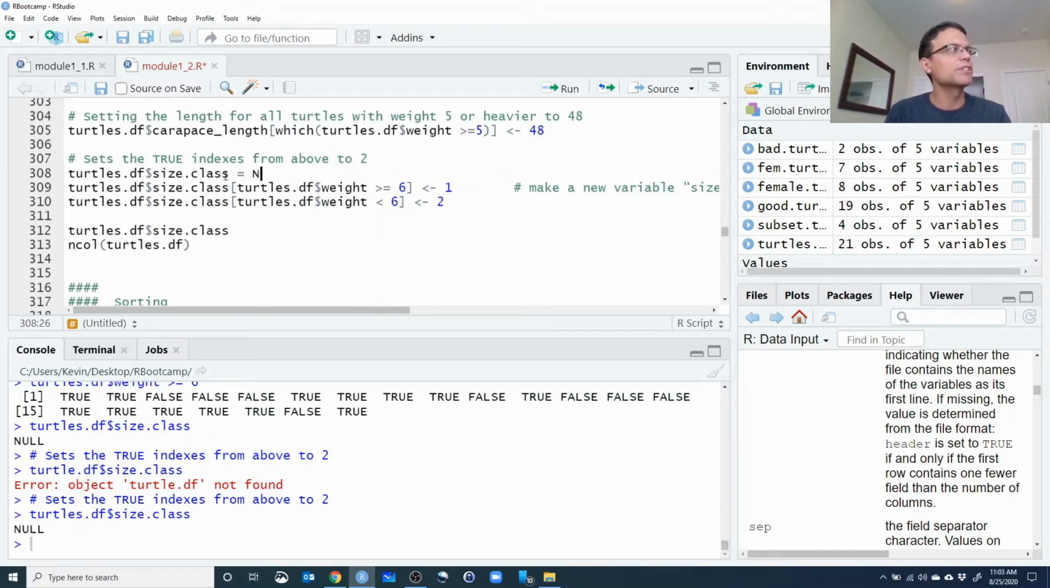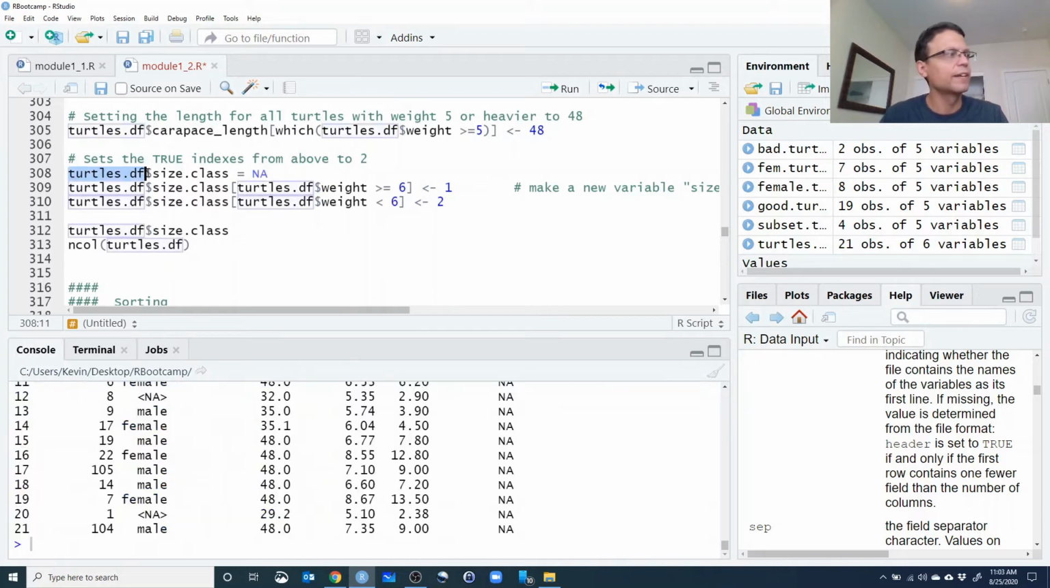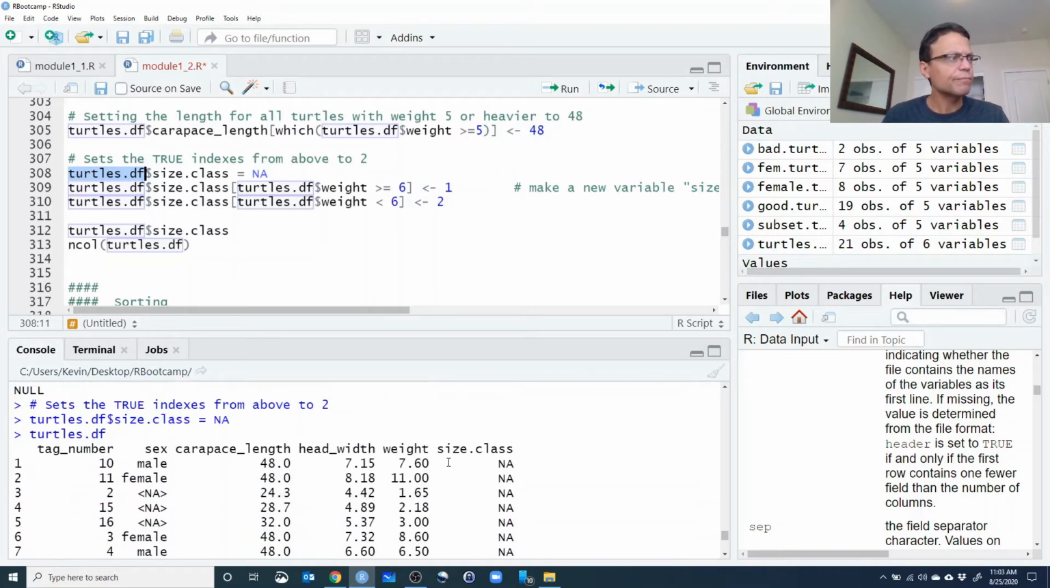And if we just say equal to NA, it's just going to create a new column of all missing data. I like to do that before I add data to a new column. So now if you look at turtles.df, there's this final column called size class, but it's all missing. Now we can start assigning that variable. First we're going to assign that variable for all turtles that weigh greater than or equal to 6. We're going to assign that to be size class 1,